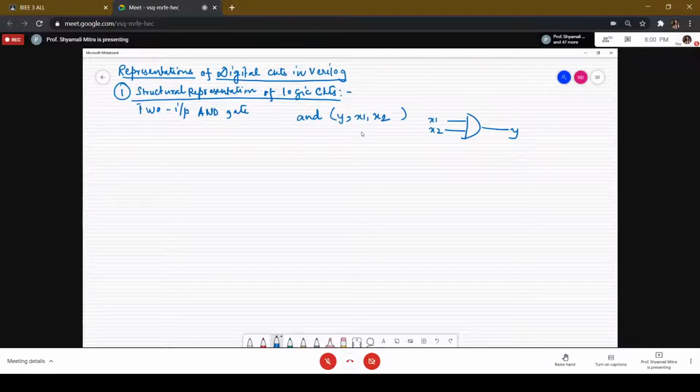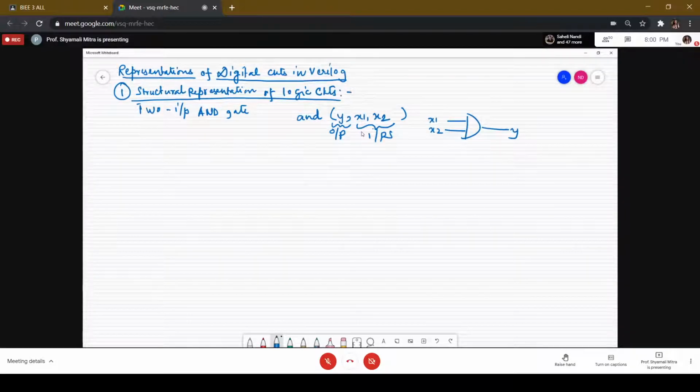Now, if we increase the number of inputs, the number of elements within the parentheses will increase likewise. But for a single output, we have a single output element which should be placed at the first place within the parentheses. So this is the output, and these are the inputs.